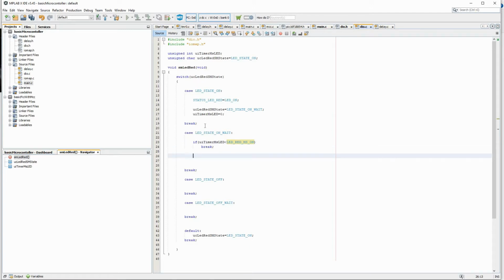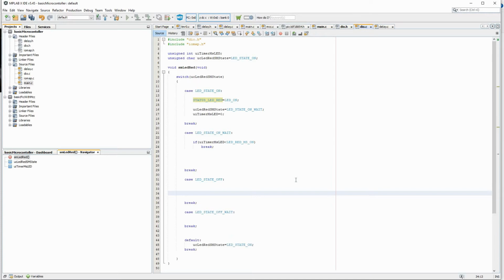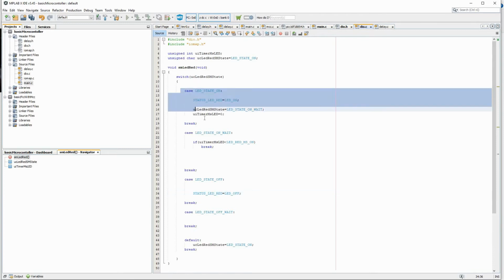Then what I will do here is turn off the LED. So we can write it in just two states, since you only need on and off. You can combine these two states, but for simplicity I split it up into 4 states.